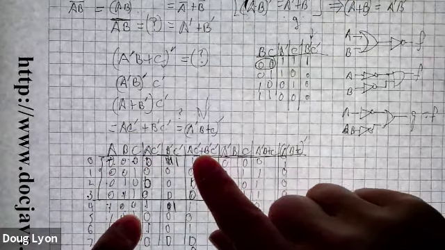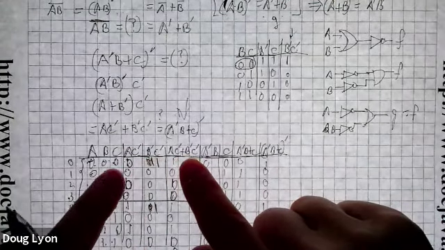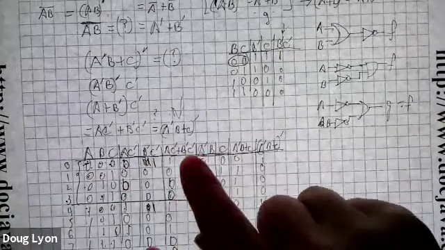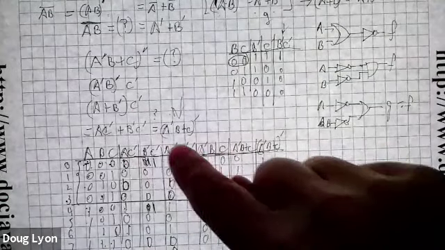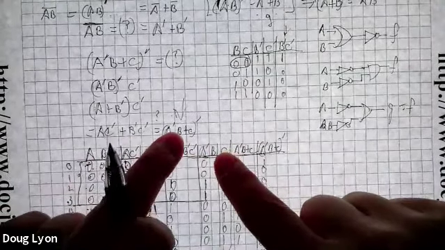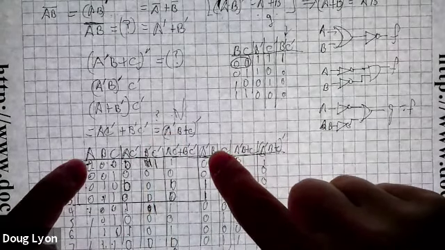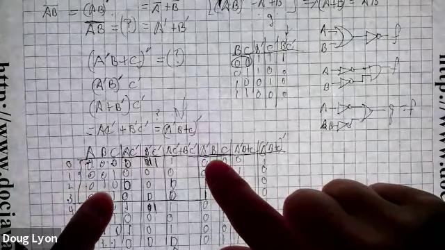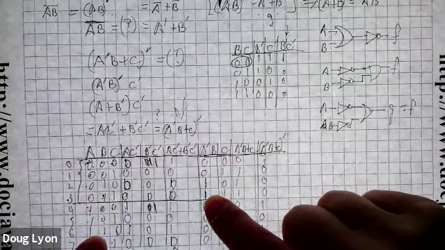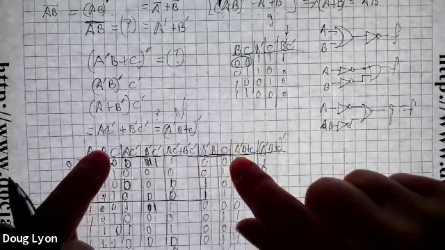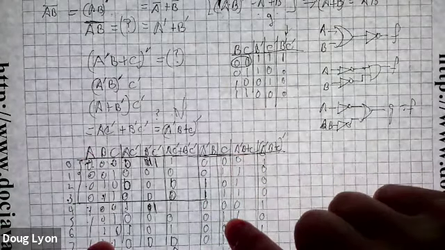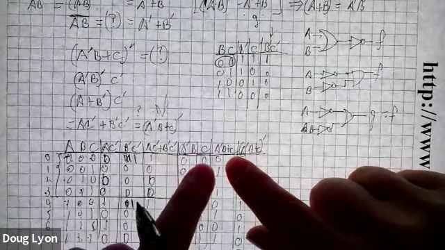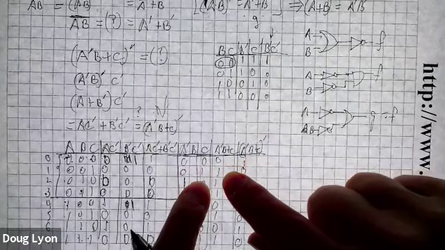And now I can form the disjunctive form between these two, that is the OR. And if any one of them is 1, the output is a 1. And here, and here. And now I've got a nice column. Let's compare this output, which is from here, with that output over here. So we'll write out A prime B. So that means A is 0, B is 1, so that's going to be a 1. That'll be a 1. Everything else is 0. Now I'll take C, copy it in, 0, 1, 0, 1, 0, 1, 0, 1. And now I go in and I add A prime B ORed with C. Anywhere there's a 1, I can output a 1